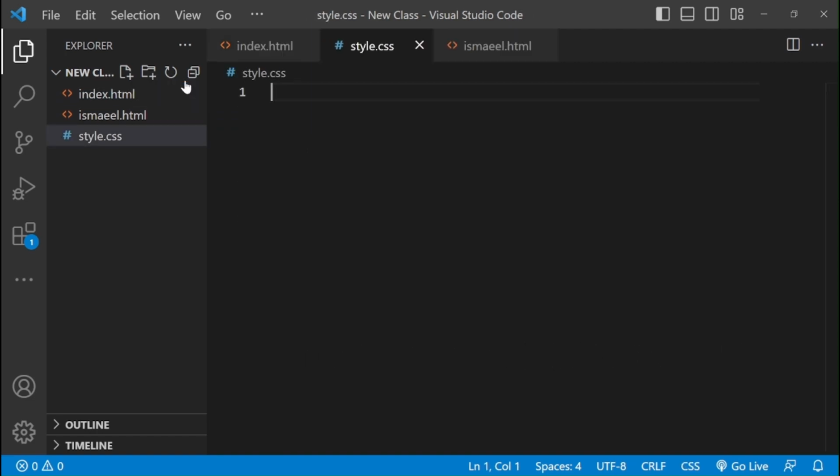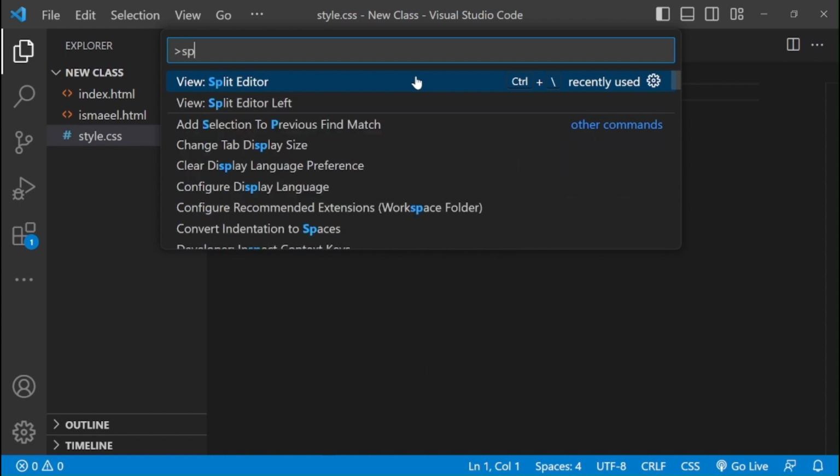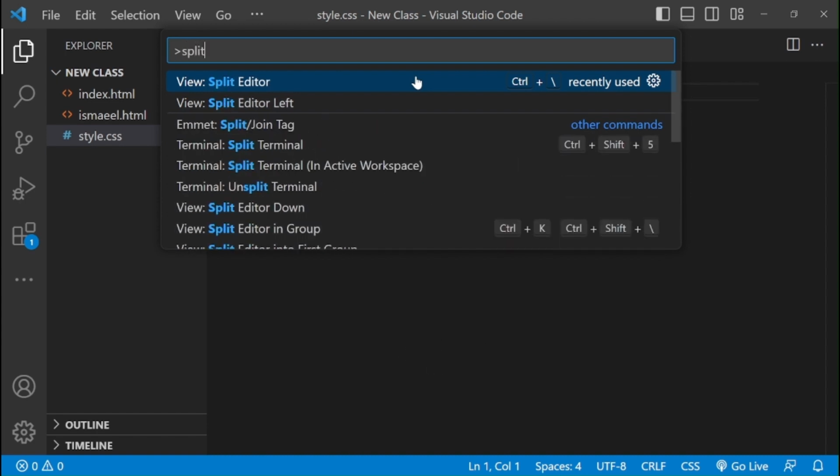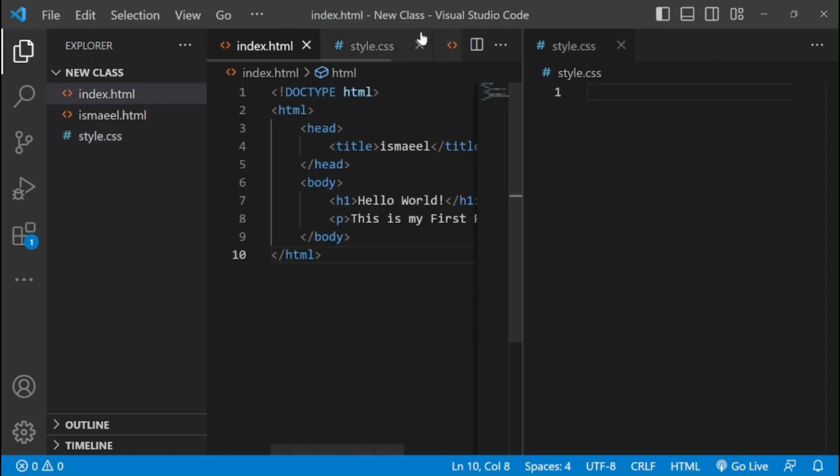And we will hit enter, and let me show you how you can both see your HTML and CSS at the same time. What you need to do, let's split our editor. Press Ctrl Shift P at the same time. This search bar will open, and then we will type in split. You will hit enter. Your editor will split up, and then we will go back to our HTML file right